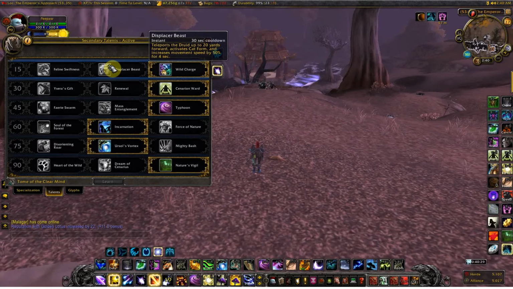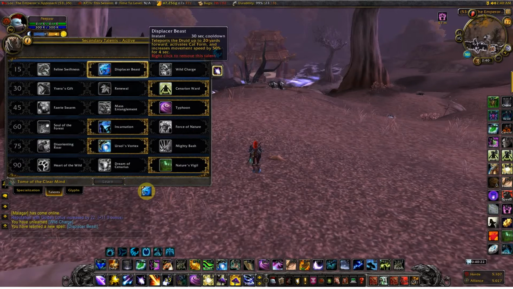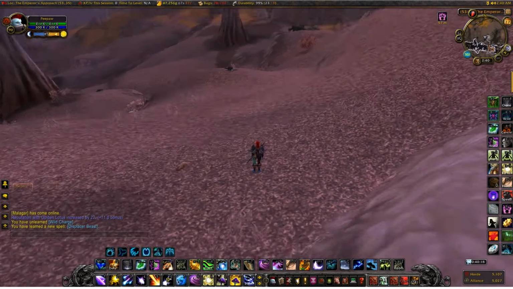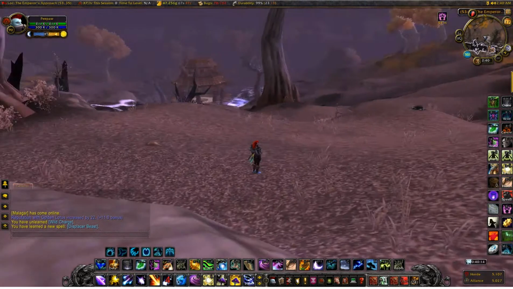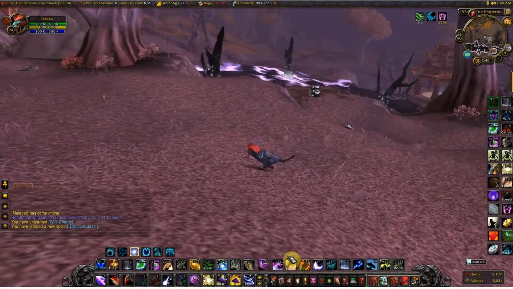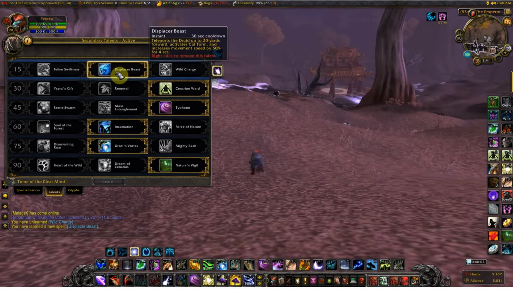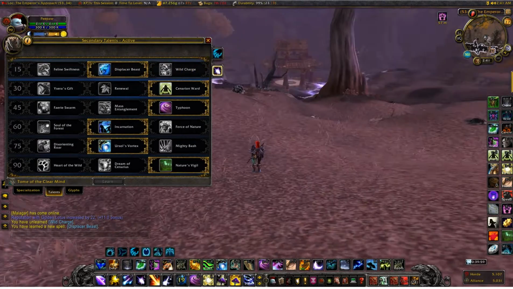Displacer Beast. This isn't too bad. I'll show you guys what it does. It's kind of like a Mage's Blink, but I don't believe it gets you out of roots, and it definitely doesn't get you out of stuns or anything like that. But I'll show you guys what it does. Just like that. Alright, so that's alright, but I personally like Wild Charge better